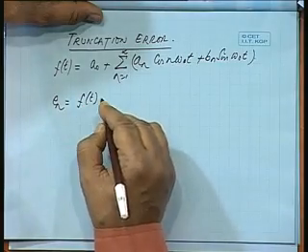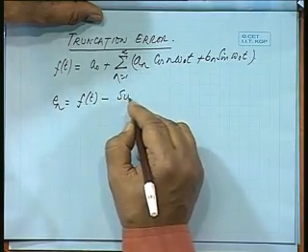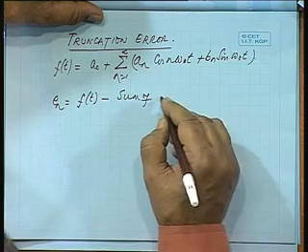So, if we consider the error from the nth harmonic onward, then what is the error? The error will be the original function minus the aggregate of the terms up to that nth term, up to the 20th term, say. If you take the square of this error, that will give me some measure; we can take the mean square error as a measure of performance,